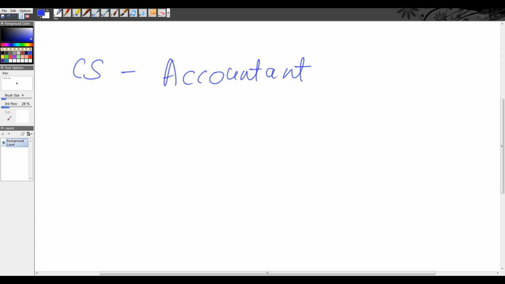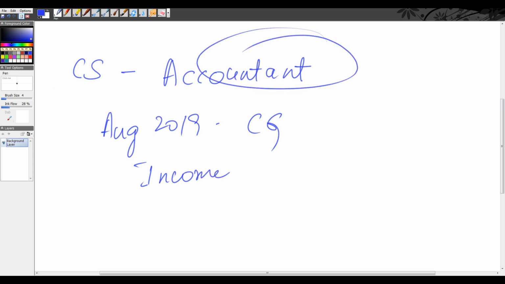I'm just searching for the same. Anyway, the institute back in August 2019 made a representation to the central government asking them to amend the direct tax act, that is the Income Tax Act of 1961. There, accountant means only a chartered accountant in practice. So right now CS is not mentioned in the Income Tax Act of 1961 when it comes to representation in direct tax related matters. But